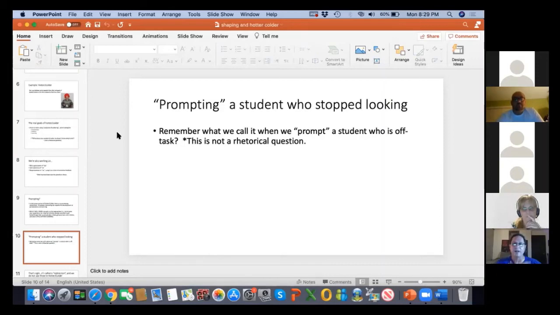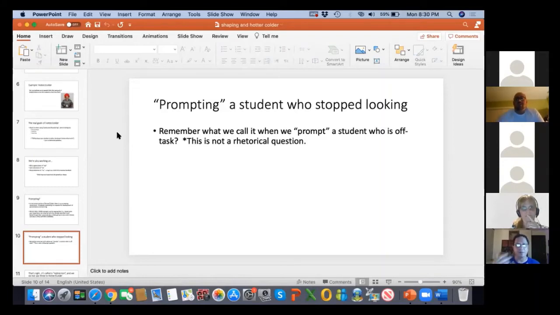But in the example of Tommy, who was supposed to finish a 5-piece puzzle, and he finished one piece, and then he shook another piece, and then he forgot what he was doing. Now, if he's, loosely speaking, forgotten what he was doing, and we're trying to remind him what he was supposed to be doing, we're not actually prompting because he's not actually trying right now. We're redirecting him from being off task to being on task. And that doesn't build connections between the links in the chain, right? Let's stay with the 5-piece puzzle as an example. If they were to link it all together, then after the first piece gets in, that should be an SD to look for the second piece, right? And then so on and so forth.